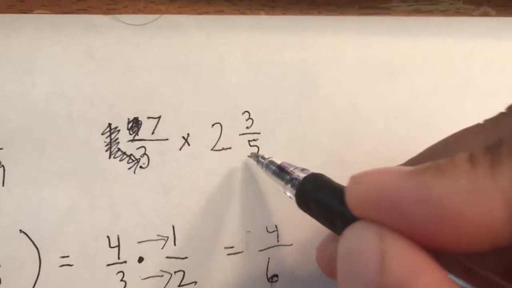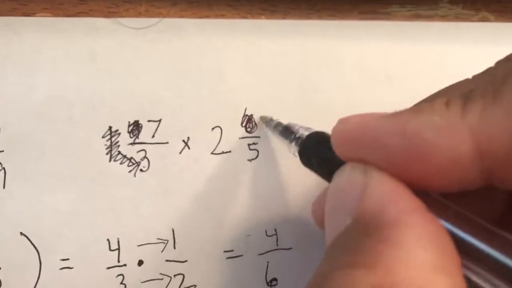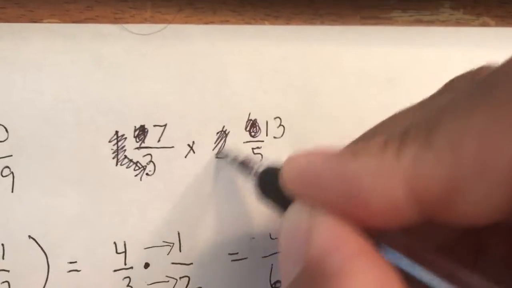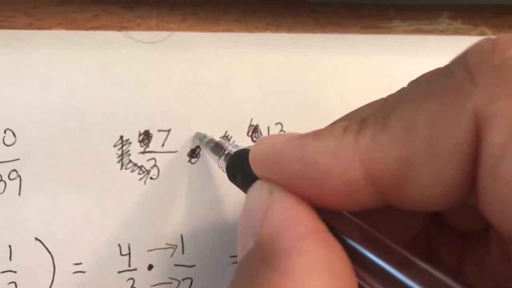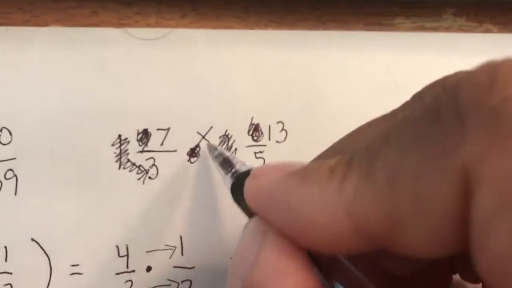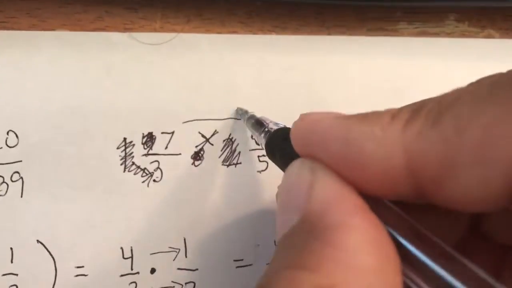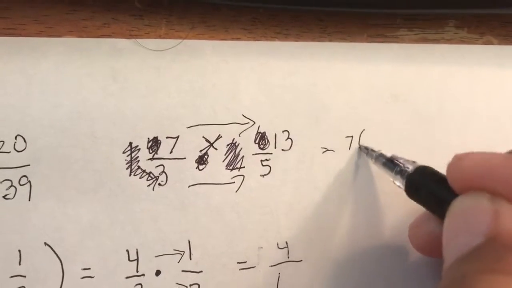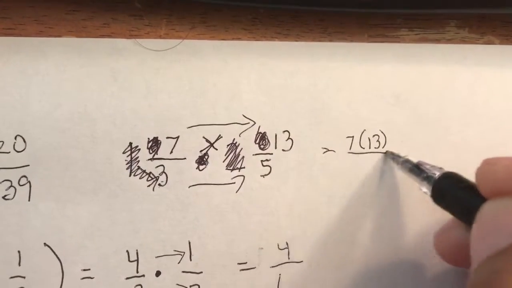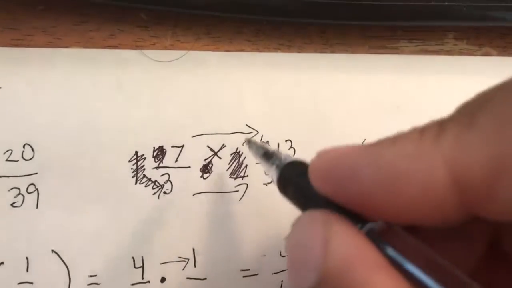2 times 5 is 10. 10 plus 3 is 13. Put the new number here. And then, now let's suppose this was just multiplication, then we know how to multiply. We just multiply it across, right? So the answer is 7 times 13, whatever that is, and 3 times 5 is 15, right? But if it was division,